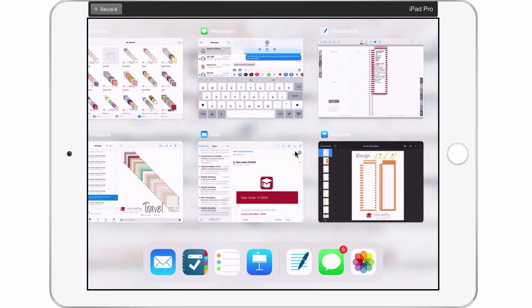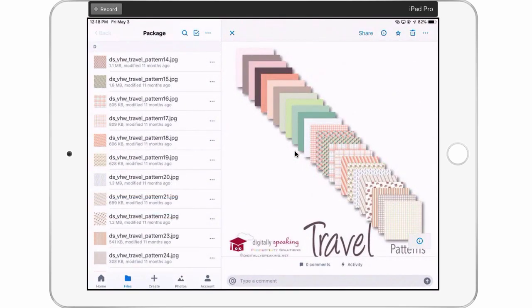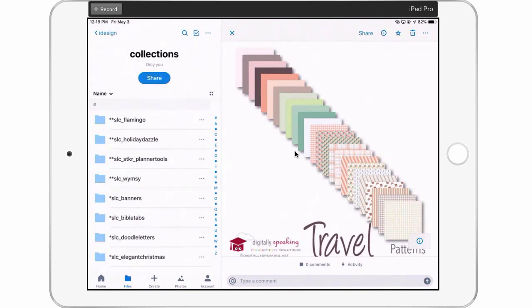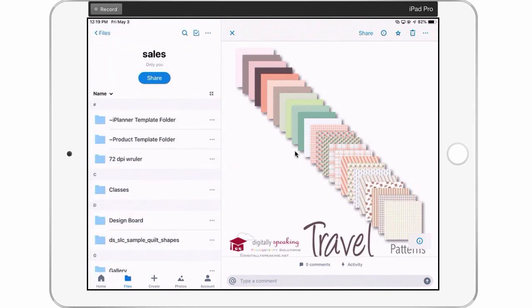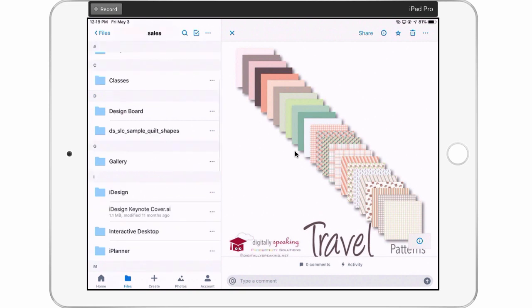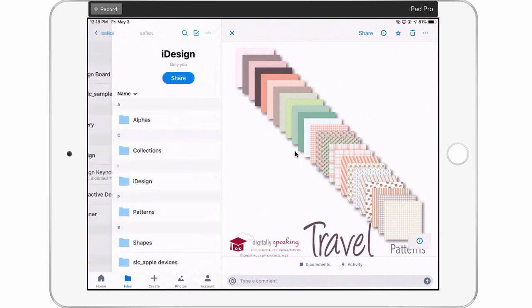Let's go to my Dropbox. And as you've heard me say before in previous videos, I like to put everything in Dropbox first. That way my file is there, filed away. It's not sitting somewhere on my desktop. It didn't float away and get lost in the cloud. When I download it to my iPad, my first point of contact with all my downloads, no matter where I purchase them from, start out in Dropbox. So let me go to